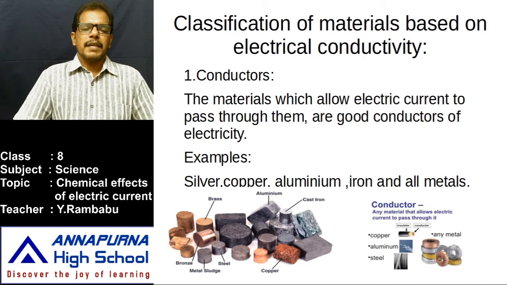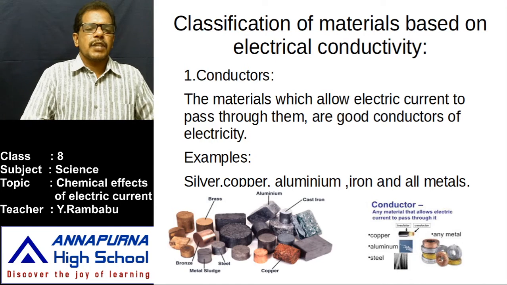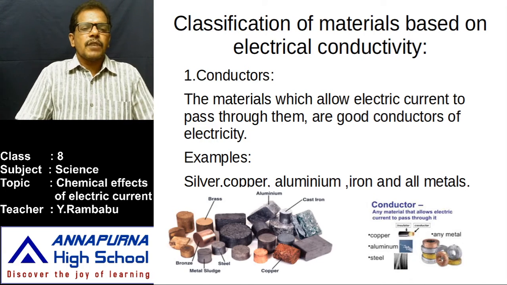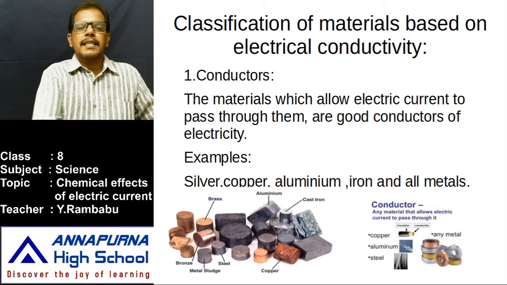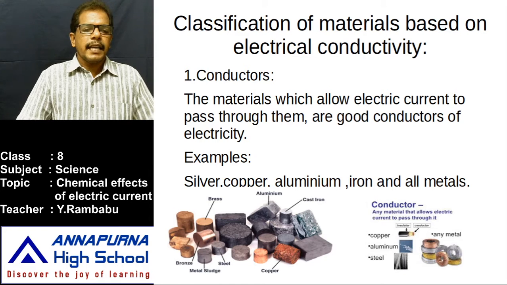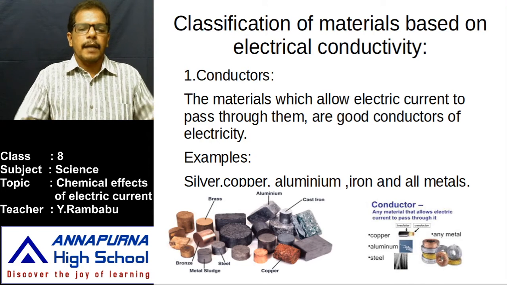Then another topic, observe here. For conducting, that means for transfer of charge, we use different materials like metals. Mostly which metals are used? Silver, copper, aluminium, iron. But silver is expensive. That's why in our homes or elsewhere silver is not used. In our homes, to transmit the charge from one point to another point, instead of silver, what do we use? Copper or aluminium or iron. Through these, the electricity passes easily. And again, this copper or aluminium or iron is covered with PVC or plastic or rubber.